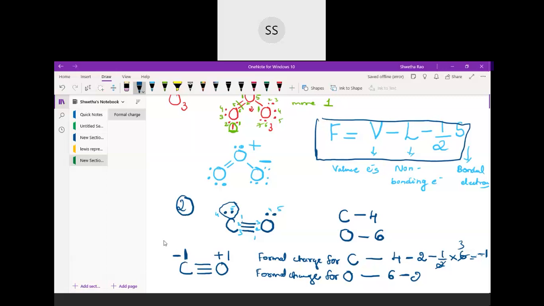Okay, I drew the structure initially, but when the structure is given to you, you see the structure, calculate the formal charge, and then you assign the formal charge to the compound. So if you want, you can write down this. First you write this carbon monoxide structure, then do the calculation, and at the end below that you write this structure. Okay, so I'll number this first. You write this one first, then you do the calculation for formal charge, then third you write the assigned formal charge on the molecule.